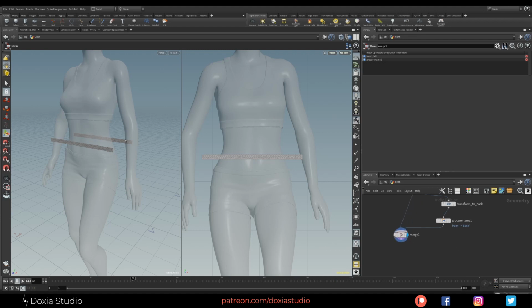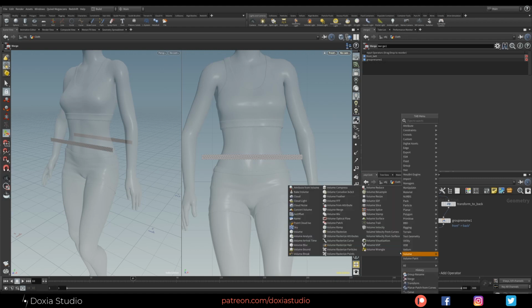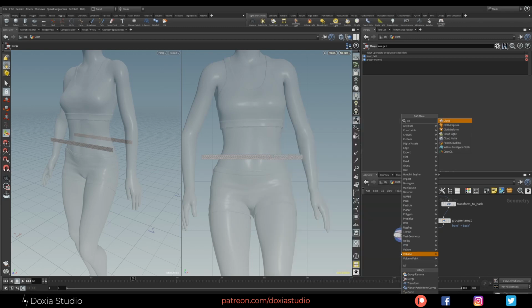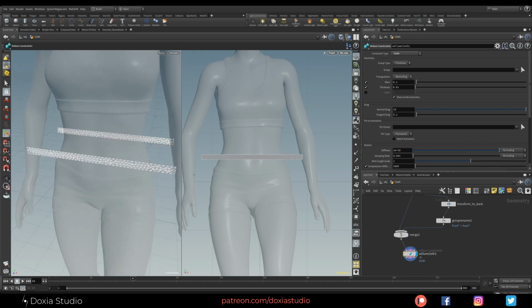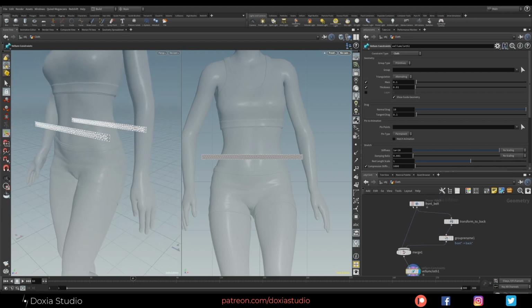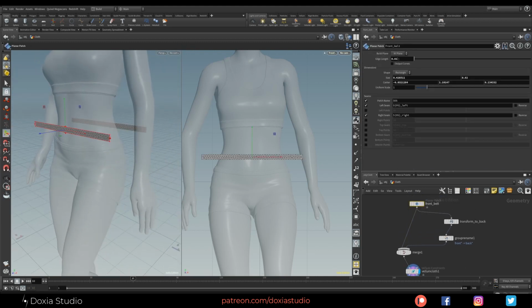Now how do we stitch this? We convert this to cloth, right? Vellum configure cloth. It's making the constraints for the cloth and everything. I'm going to increase the edge length just for the purpose of this tutorial.